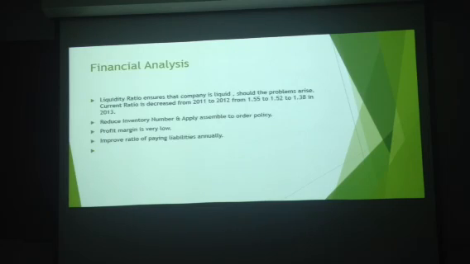Secondly, I'll be talking about the company's inventory turnover, which implies the number of times a company's inventory is sold and replaced annually. This ratio has decreased from 20.3 in 2013 to 18.2 in 2011. This signifies it has poor sales and more inventory in hand and thus more handling costs. Accounts receivable turnover is another ratio, which signifies the efficiency ratio, which indicates how many times a business can turn its accounts into cash annually.